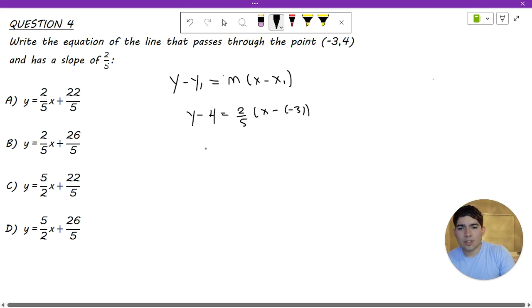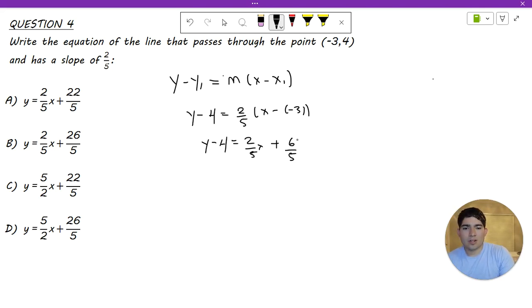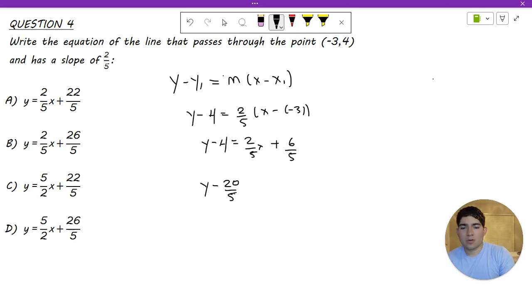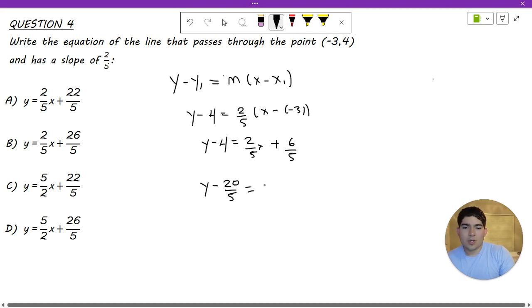So now we're just going to go ahead and simplify further. Y minus 4 is equal to 2/5 x plus 6 over 5 in this case. So now what we need to do is we need to make the 4 a like term as the 6 over 5 like we did in the previous problem. So we're going to end up with y minus 20 over 5, because 20 divided by 5 is equal to 4. So then that's going to be equal to